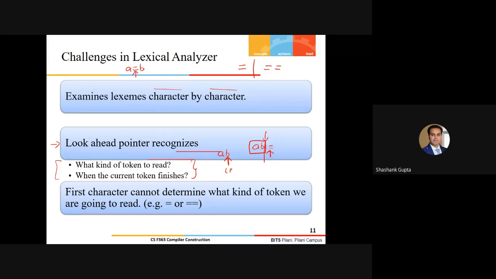Your lexical analyzer should show some patience and say, let me read some extra characters, and then I'll say that this is the assignment operator, because possibly this could be that comparison operator. So the first character cannot stand alone to determine what class of token you are going to read, and I'm expecting that you should agree on this point. So these are some of the challenges in the lexical analyzer. The look ahead pointer needs to be used for determining the appropriate class of the token. Fine.